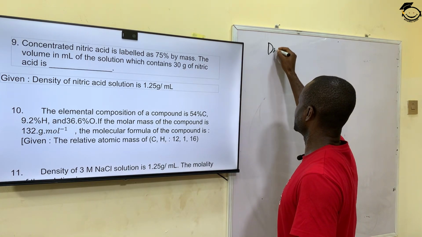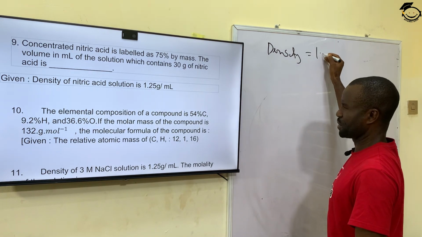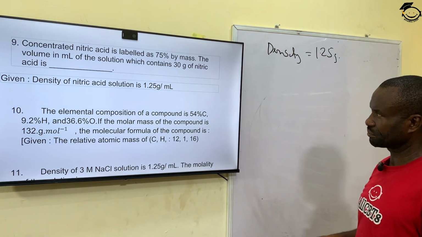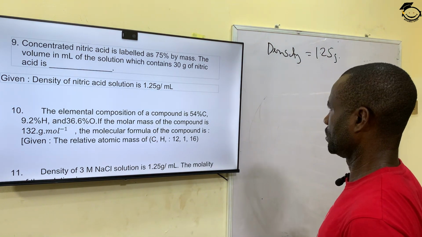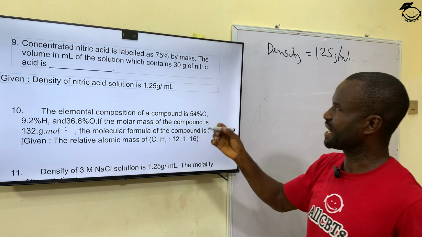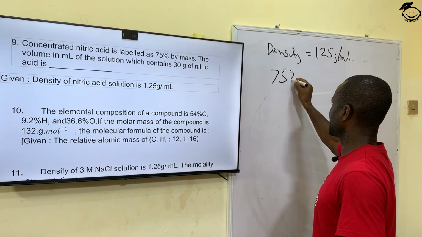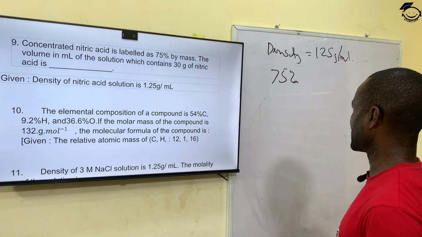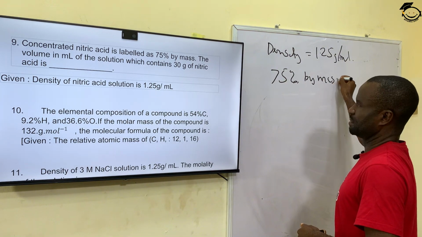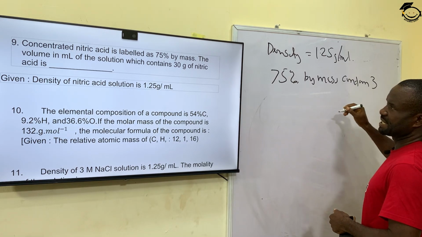So let's put down the parameter. We have density. Density of nitric acid equals 1.25 gram per mL. Now, we have the concentrated acid labeled as 75% by mass, contains 30 grams